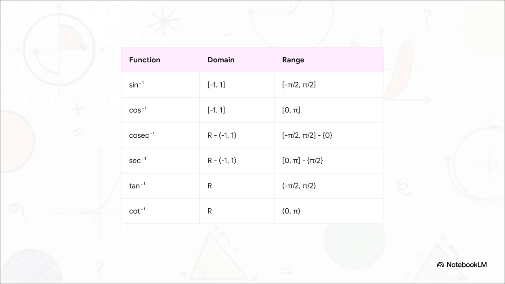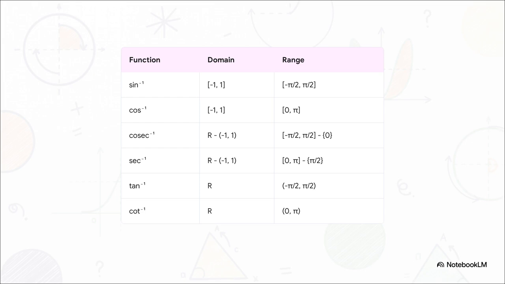the closed interval from -π/2 to π/2. For inverse cosine, it's 0 to π. Now notice inverse tangent right down there. It looks a lot like inverse sine's range, right? But it uses open parentheses. That means it doesn't actually include the endpoints -π/2 and π/2, because the original tangent function is undefined at those